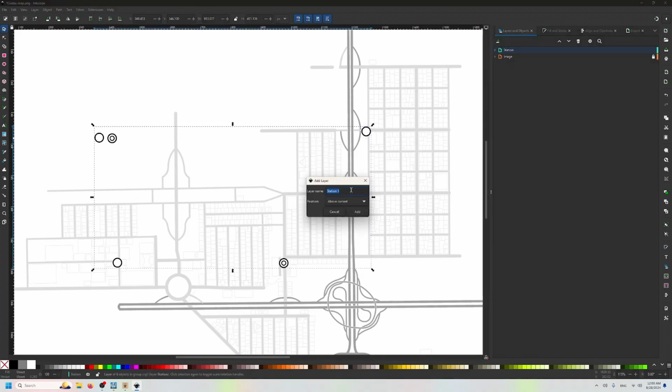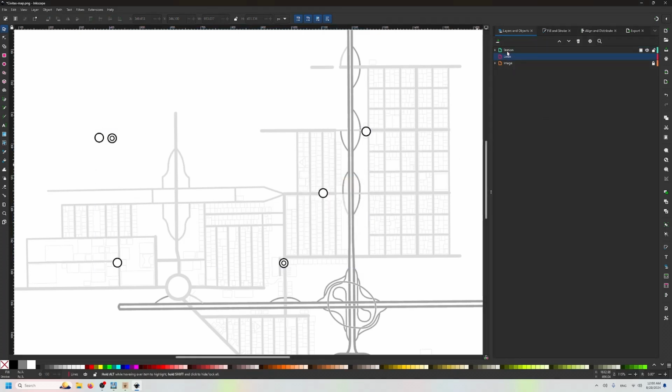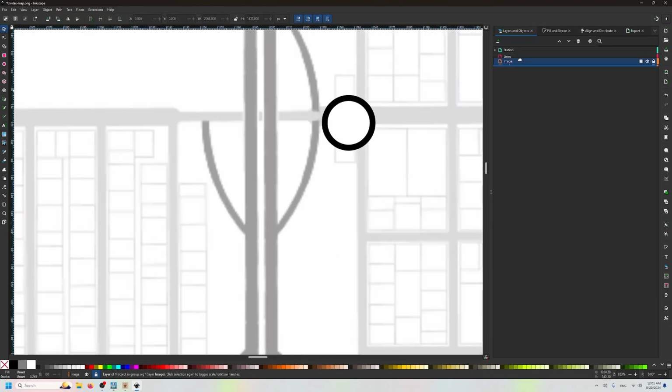Now we got layer name. We're going to be putting in our lines now. We're going to put it below stations. How these layers work is the higher they are on the hierarchy, they get displayed over top each other. You see how lines is above image, which is our background. That means that they'll be rendered above, as you can see here. If I put it above, oh, pardon me. If I put lines below,